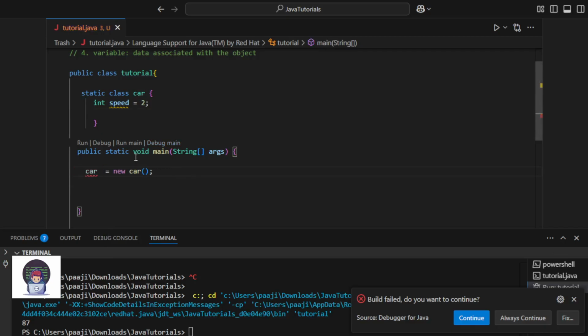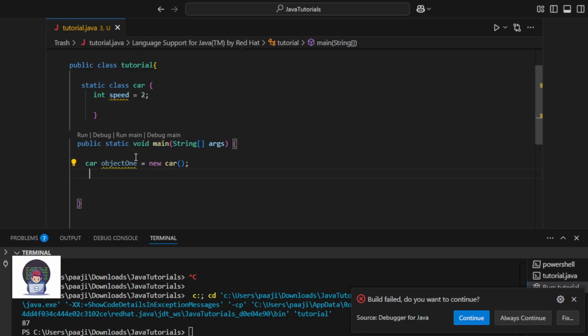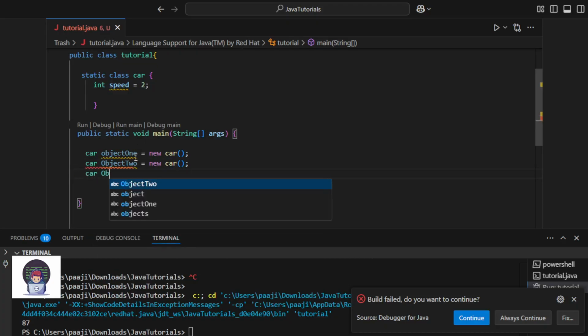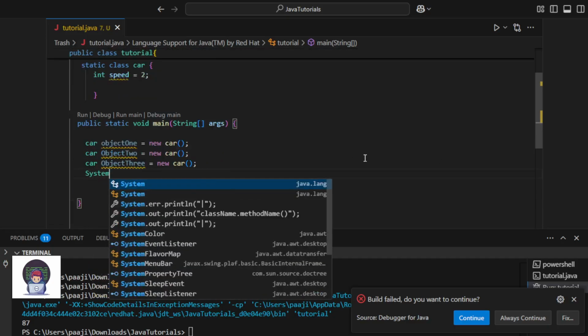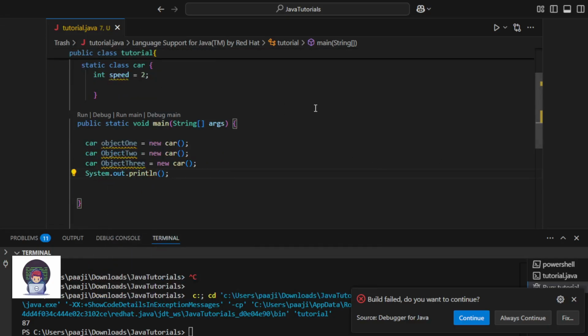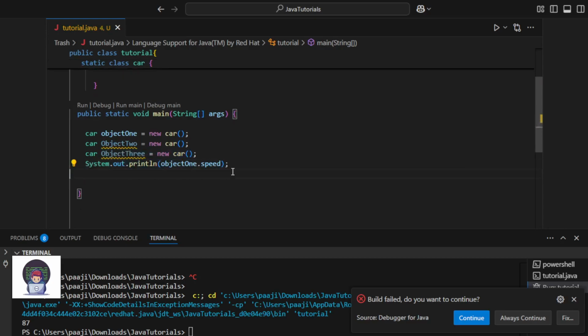Let's say car object one, then car object two is equal to new car, then car object three is equal to new car. See, now I have three objects. Now let me do one thing: System.out.println object one dot speed, and then copy this.